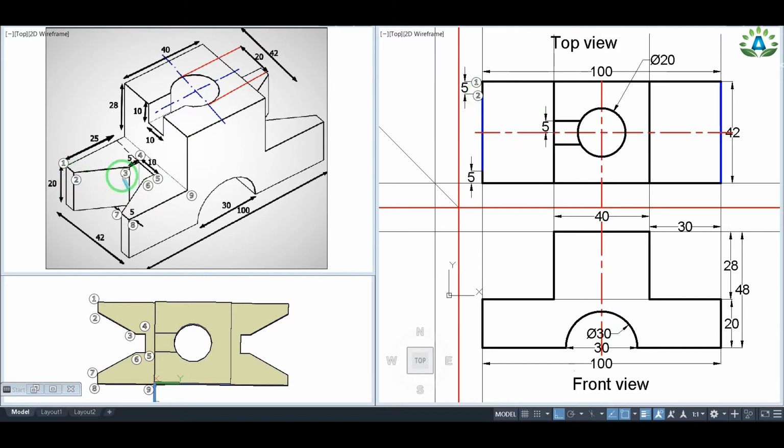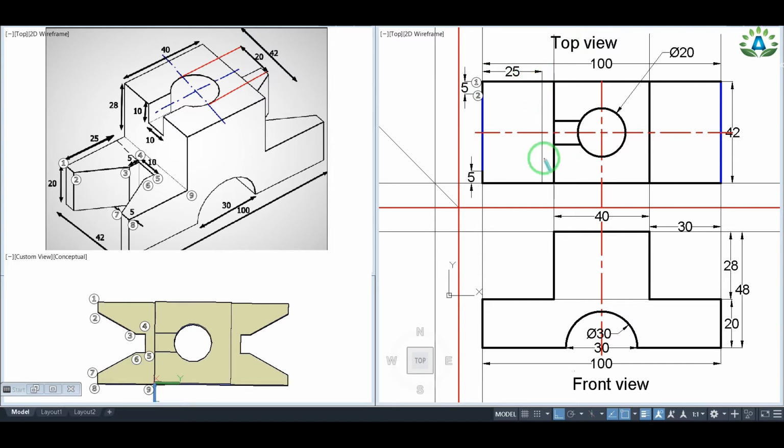Now we have to locate this point number 3. But to locate this point number 3, there are no hints. The actual length between this point number 2 and point number 3 is not given here. But we can locate this point number 4 easily. We can see that the total horizontal distance between this point number 4 and point number 1 is 25. So I'm going to make a line which is 25 mm away from this point number 1 like this. So we can see that this line is 25 mm away from the point number 1.